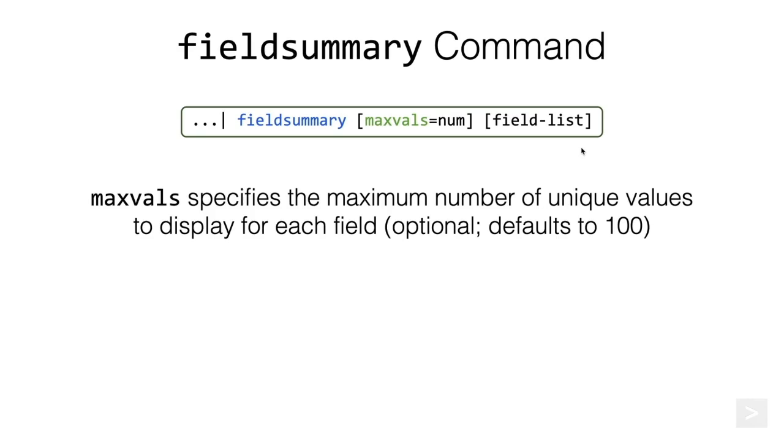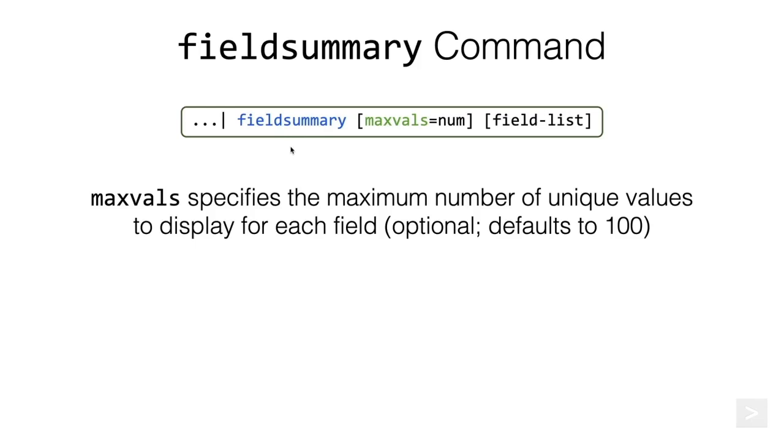It is another option instead of using the stats command and the functions of the stats command to compute statistics. The benefit with field summary is you don't have to specify each stats function. It will calculate all of the common statistics for you automatically. And as I said, it must be preceded by a search, and then we pipe the results of that search to the field summary command, and we can pipe to field summary alone